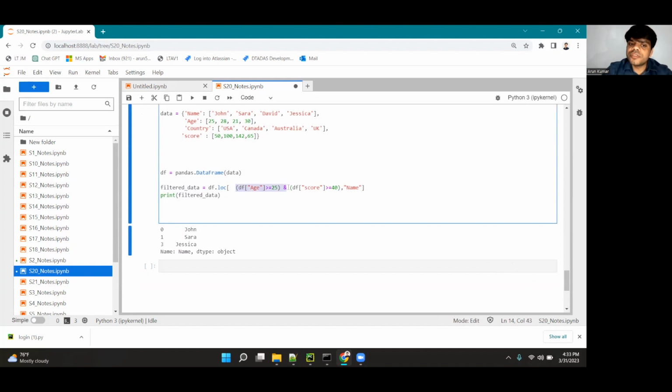So this is about loc. In loc, you give the actual headers to either put the filtration in rows or put the filtration in columns. You have another method called iloc. iloc means integer lookup. Okay, remember that 99% loc and iloc are the same. The only difference is instead of the actual headers like name, score, age,